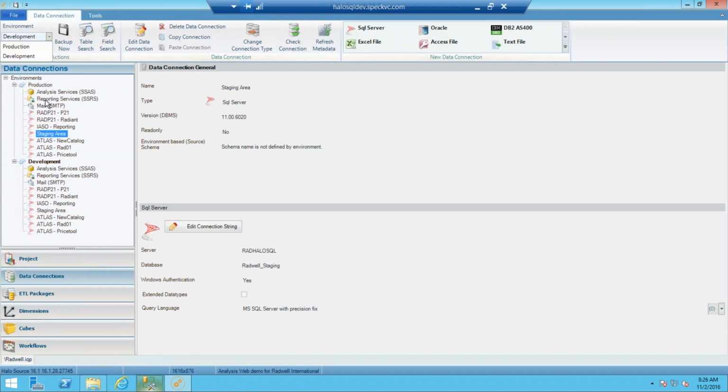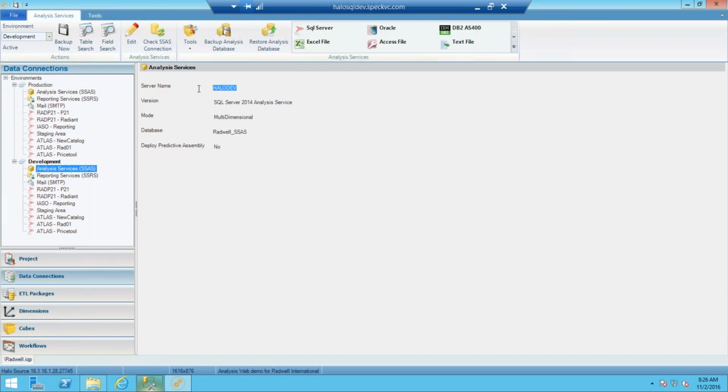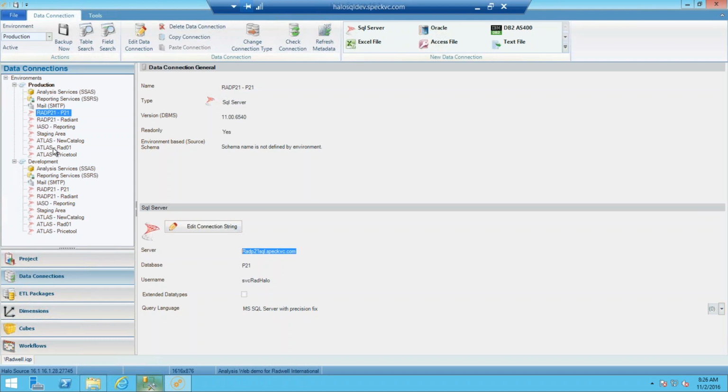Something important to note is, once you create these other environments, what environment you're actually doing your work in. So basically, if I'm doing development, it's going to go to development, and it's going to use these and then the Halo Radwell SSAS. And then if I was to click production, then it would be like, okay, I'm going to pull the data from these. So it's going to pull actually from production this time, and then it's going to put into the production SQL database and the Radwell staging database, rather the Red Halo SQL Server and the Radwell staging database. From there, we can move